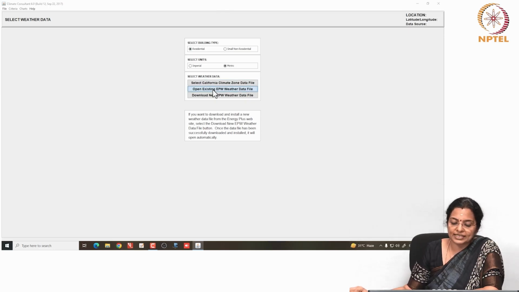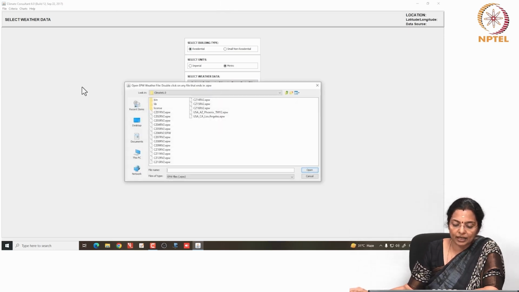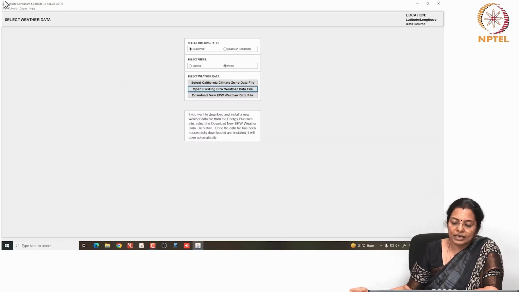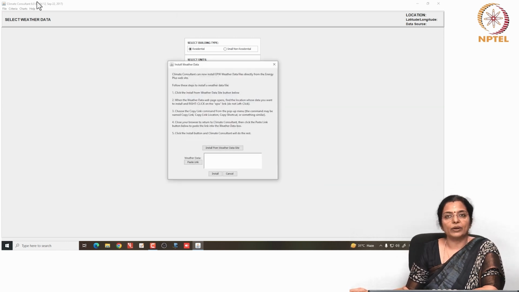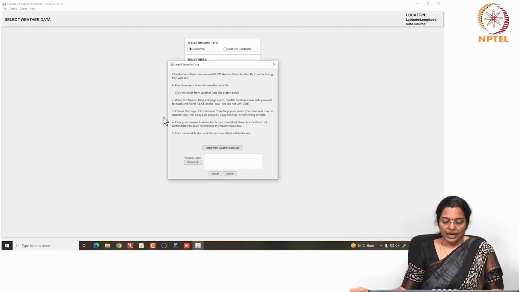Now, if I press open existing EPW weather data, I have some weather data, but these pertain to countries in the US. It does not pertain to, say, India. So, when I open these, I have many states which are not from India. So, I will put cancel. I want to download a new EPW weather file. Now, what should I do? I should go to